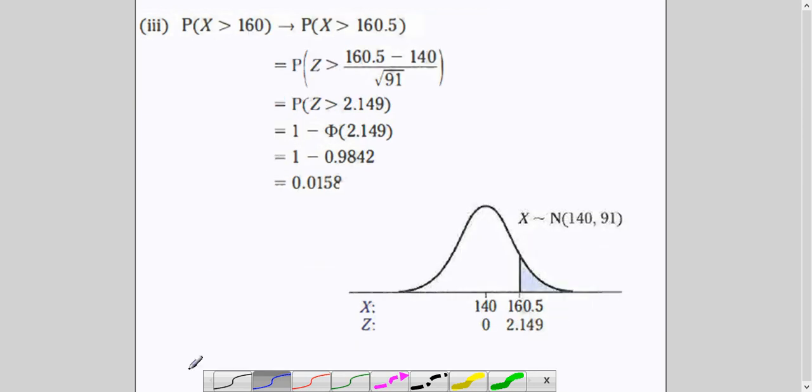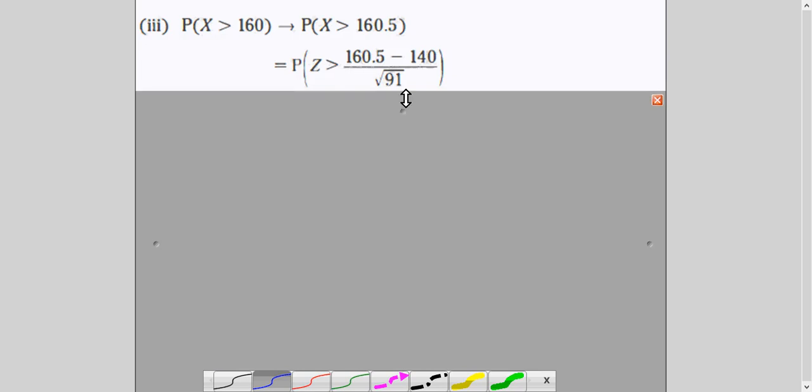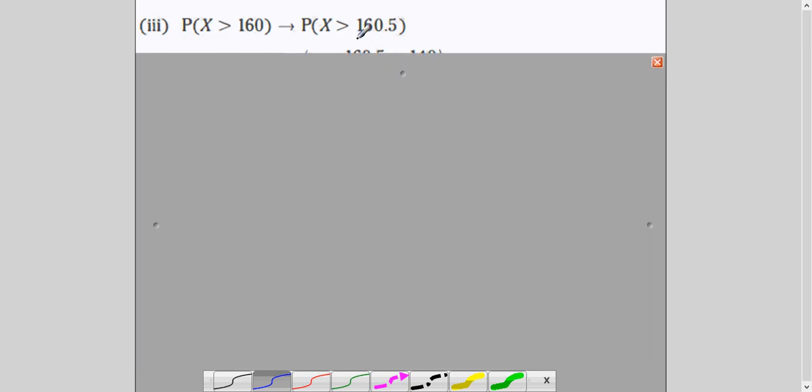So, in the last part of the question, basically you should know how to apply continuity correction correctly, and the rest of the procedure is the same. And don't forget to check the condition. When you're applying normal approximation, you have to show on paper that the condition is satisfied. Now it is saying greater than 160. Equals to is not here. I'm talking about this area. So in this case, I will add 0.5 so that when I go from here towards the right, 160 is not included. That's why it is greater than 160.5.